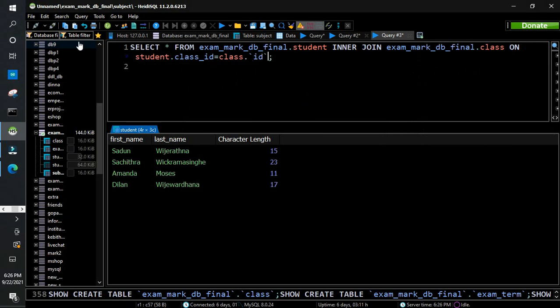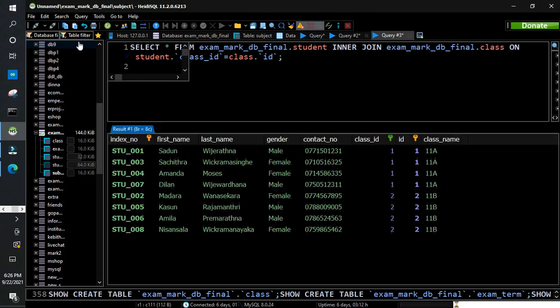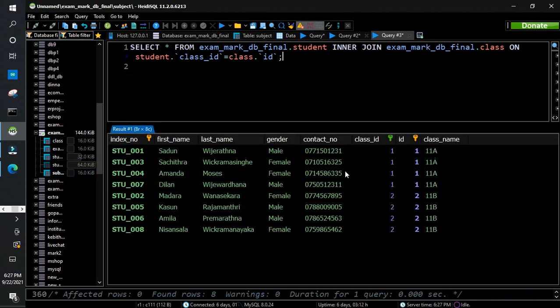Okay, so when you are mentioning the names of columns, you have to mention them inside gray vessels. So this symbol is called gray vessel. So once I run this, I get both of the tables connected.